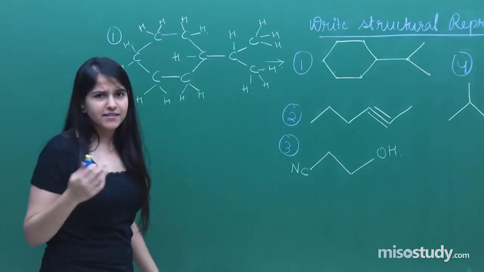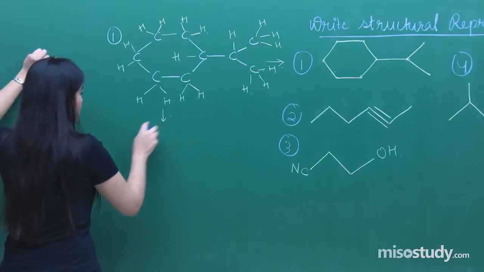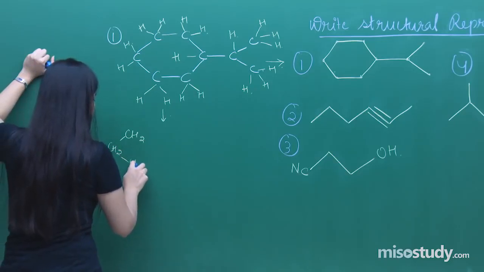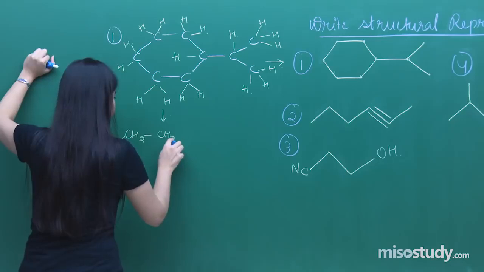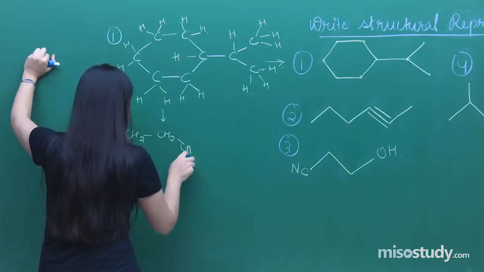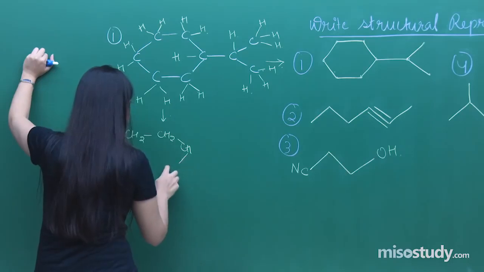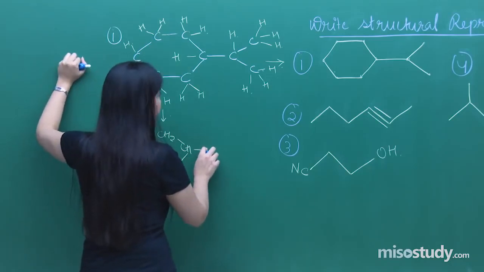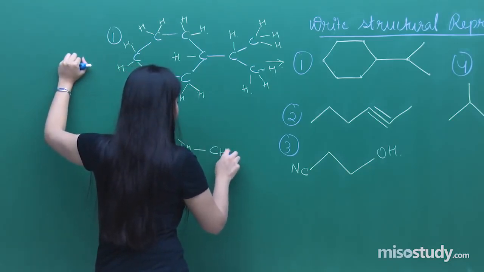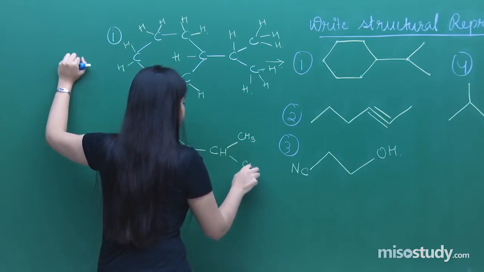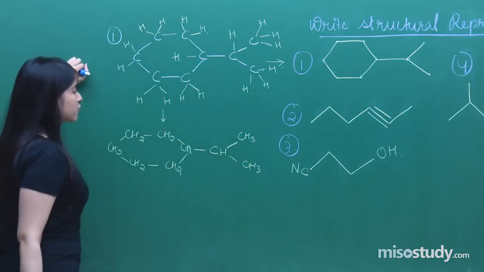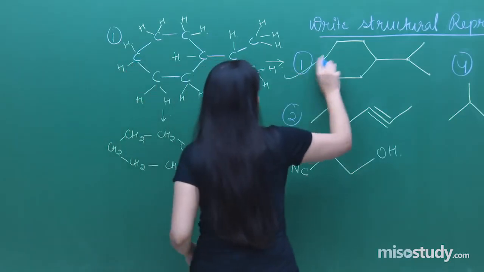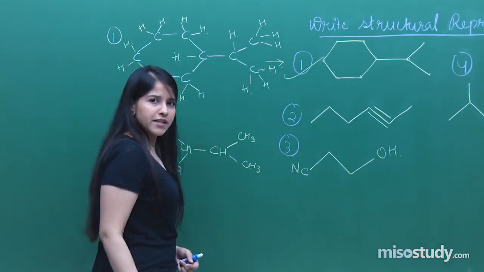Can I condense this? Yes, I can condense this. So let us just condense this formula. It is CH2, CH2. So I hope some of you have written the formula like this. This is a 6-membered ring, again attached with a carbon, that is CH, CH3, CH3. So that was the compound which was given. This is the condensed form. And I hope everybody has got it right. We are through with the first part. Let us just move on to the next part.